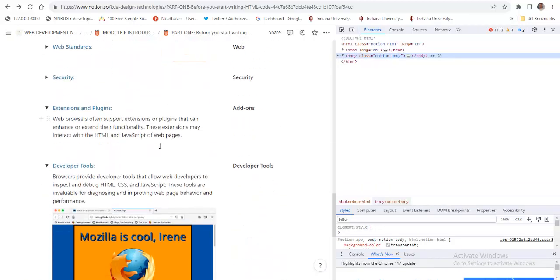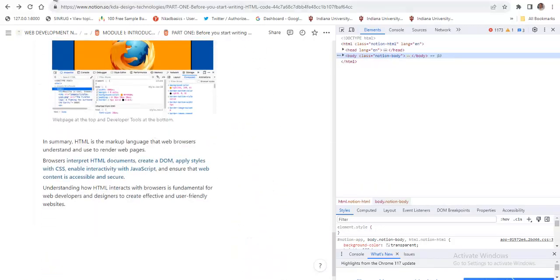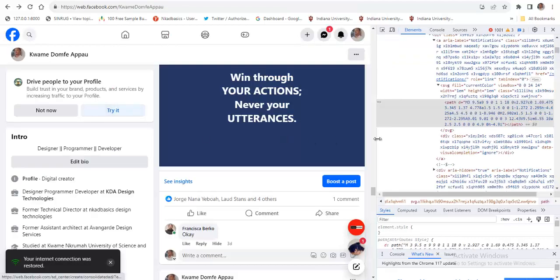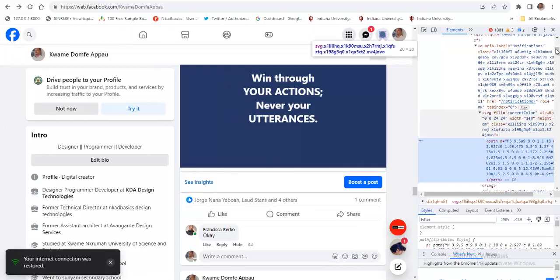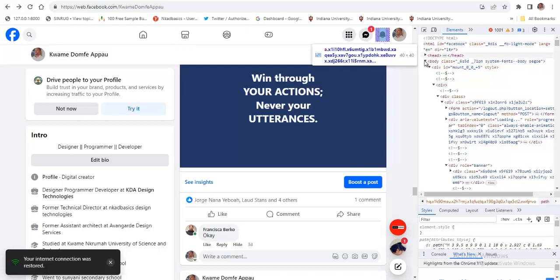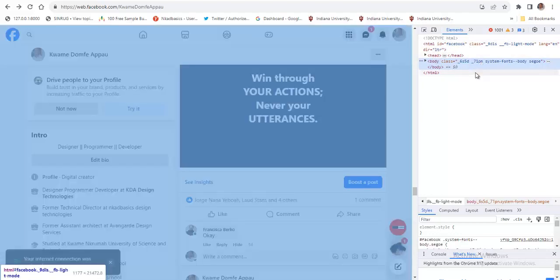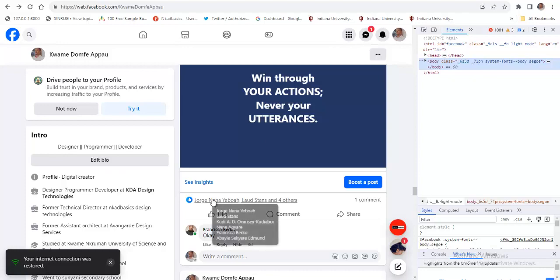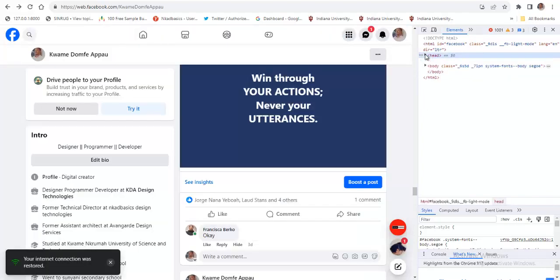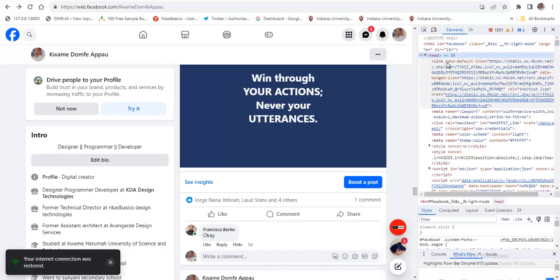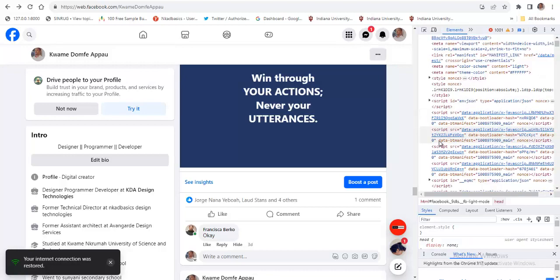Let's look at some few websites and move on. For instance, let's look at Facebook. It's a very popular website. Everybody uses Facebook. And if you look at Facebook and reduce it to just the base, you see that we also have what we call the doctype, the HTML, the head tag, and then the body tag. Then within the Facebook are content. If I open the head tag, you realize that within the Facebook too, there are a lot of other tags: link tag, style tag, script tag,